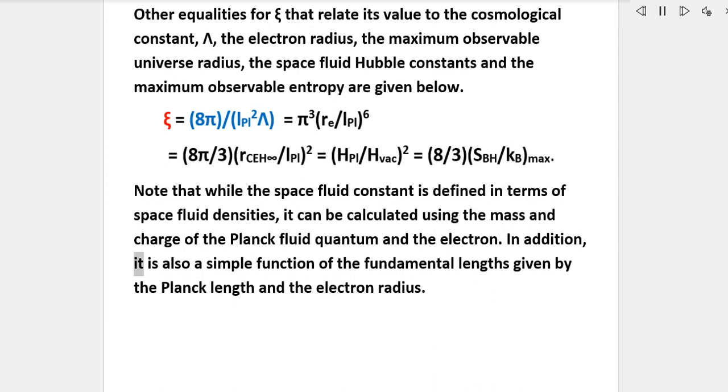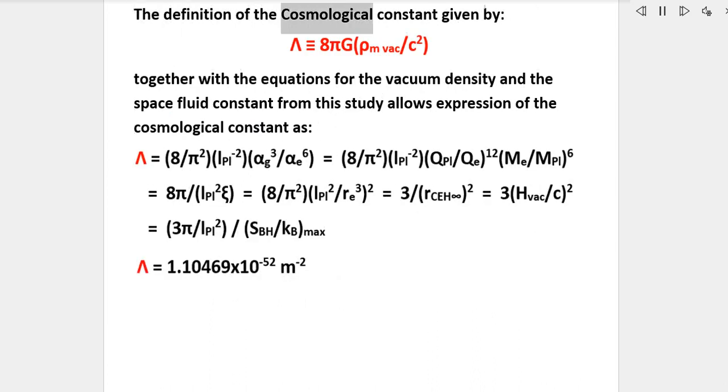In addition, it is also a simple function of the fundamental lengths given by the Planck length and the electron radius. The definition of the cosmological constant given by, together with the equations for the vacuum density and the space fluid constant from the study, allows expression of the cosmological constant as